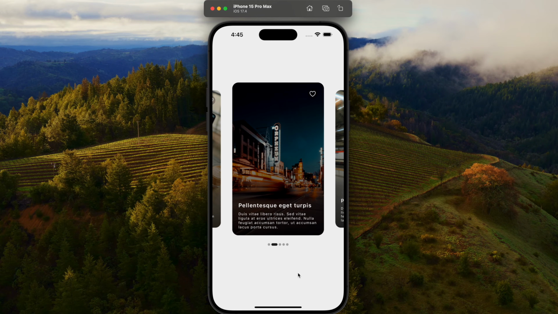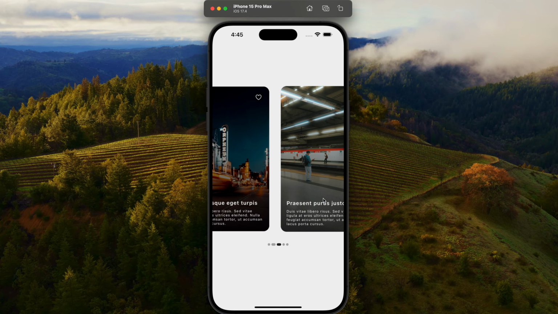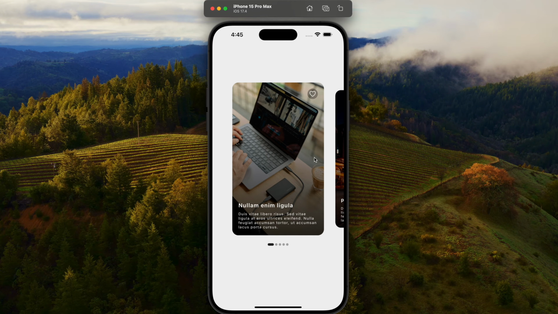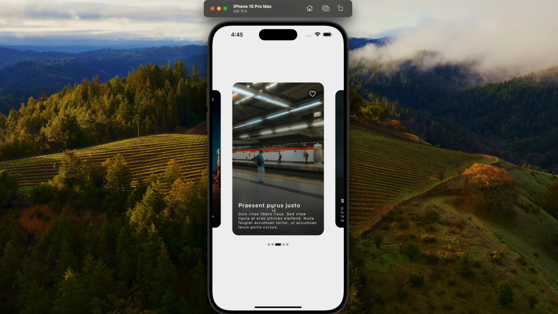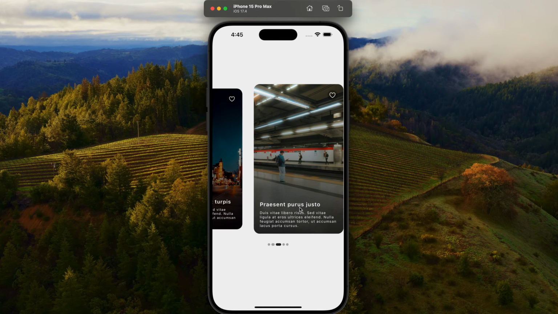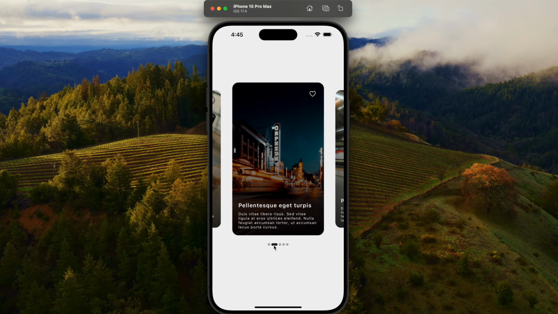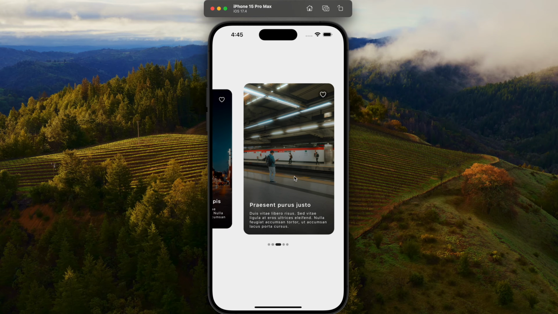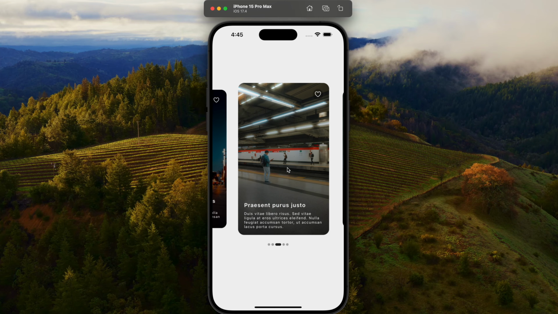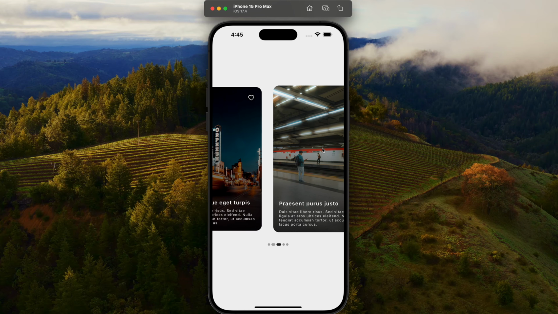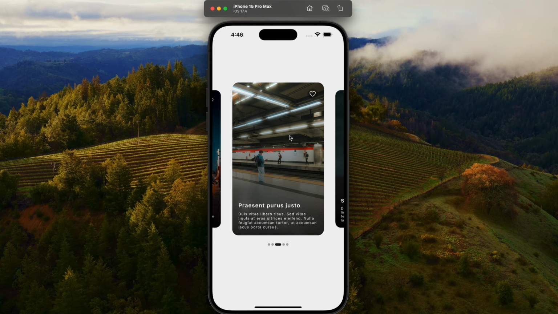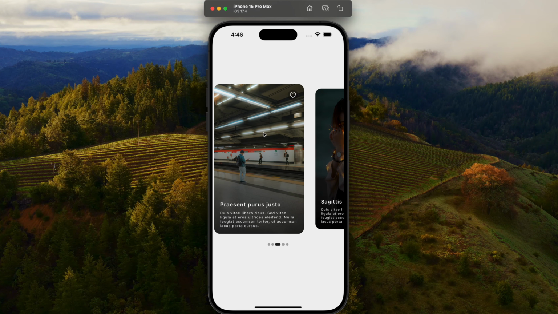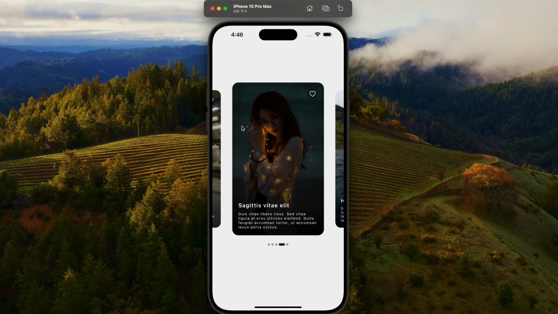Today in this tutorial I'm going to show you how we can create this animated image carousel in React Native. So here, as you can see, this is the image carousel, and here we can see we have an animation. In the pagination we can see a beautiful animation for the active item, and also the active one, the main image which is being shown, is in a bigger size, and the other images, the previous and the next, are a little bit smaller, and it has a proper animation, a proper transition when the image is sliding.